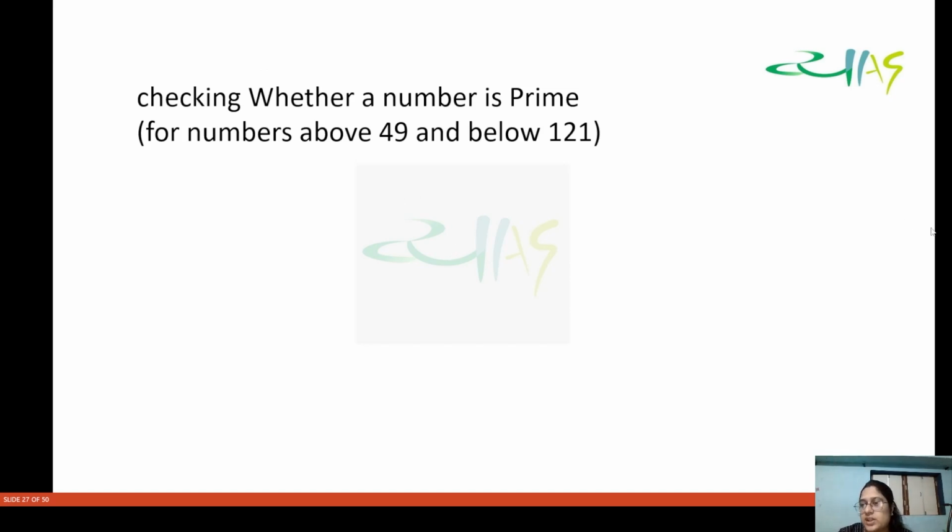अब देखिए अगर आप 49 से 121 के बीच में कोई नंबर चेक करना चाहते हैं कि वो प्राइम है कि नहीं, तो बेसिकली देख लेते हैं कोई भी नंबर। 53 देख लेते हैं। ओके, 53 देख लेते हैं। तो बेसिकली अगर ये नंबर